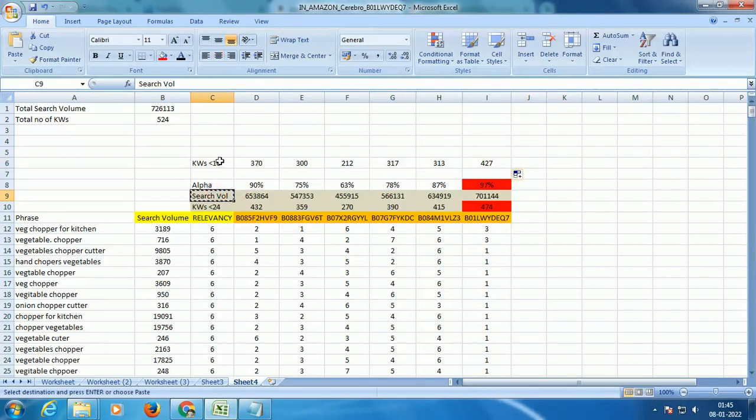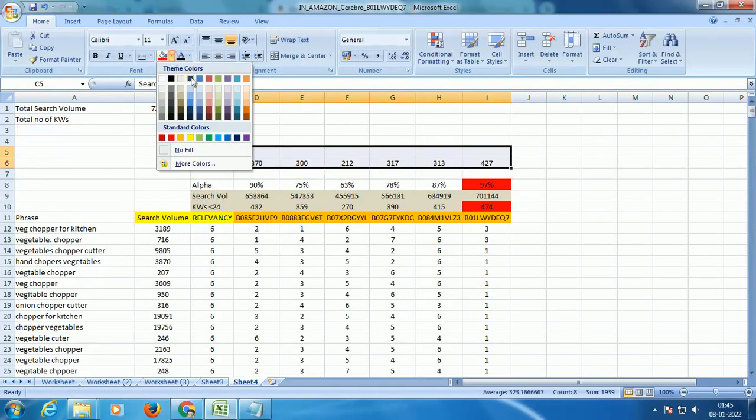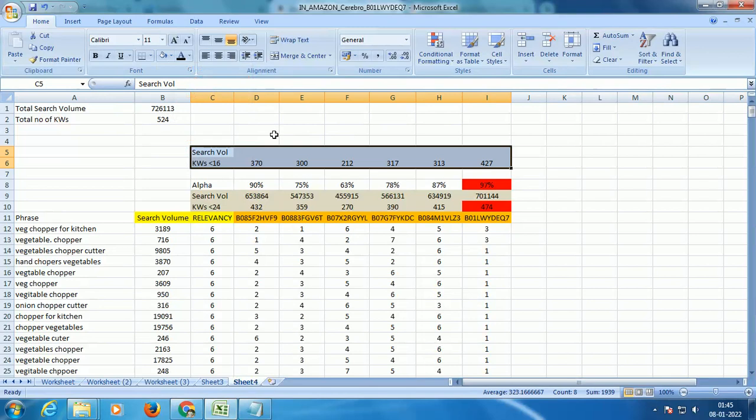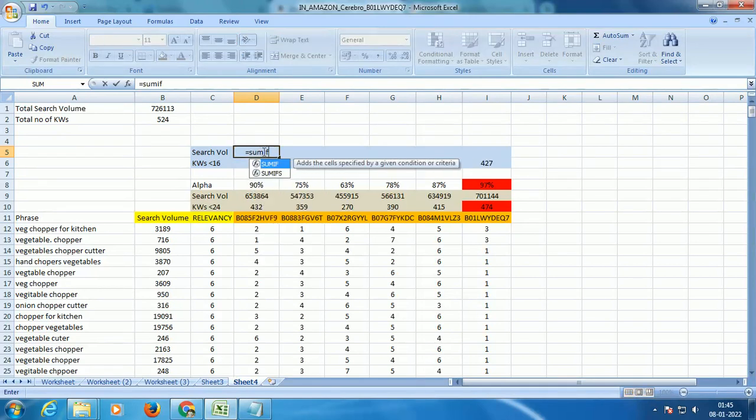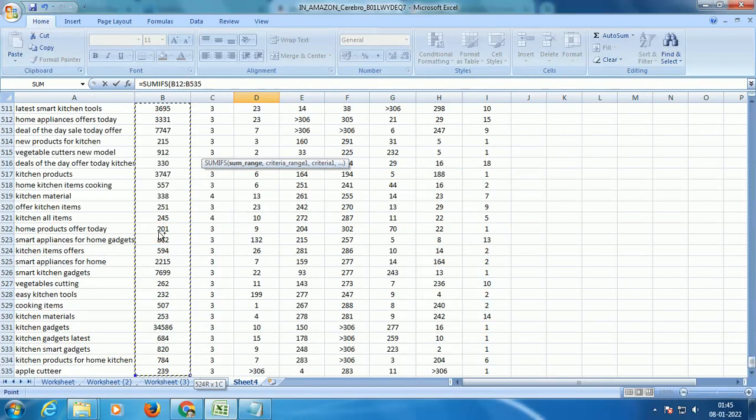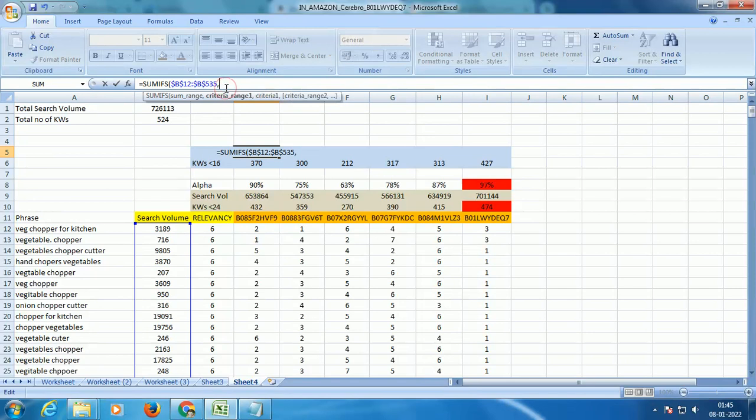We want to know, since they're ranked at various positions, if this ASIN is ranked for 370 keywords under 16, what does it relate to in terms of search volume, right? How many searches is he attracting every single month? In order to do that, I'll once again apply sumifs, right? I'll lock this range, I'll select this again and I'll lock this range again.